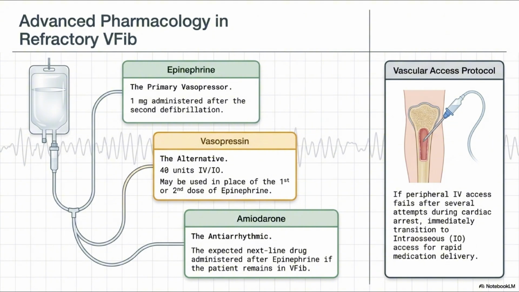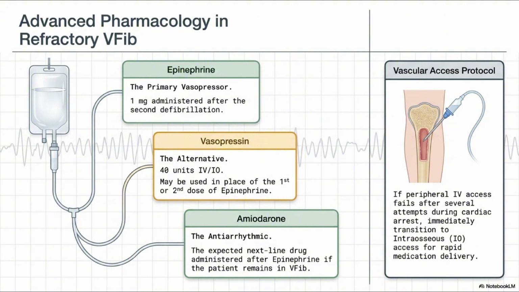But if the adrenaline and the electricity are both failing to terminate the dysrhythmia, we introduce amiodarone. What does that do? It's an antiarrhythmic agent that blocks potassium channels, prolonging phase 3 of the cardiac action potential, and aggressively stabilizing that irritable myocardial tissue. Pushing these meds requires rapid access, though. And if you blow the IV or simply can't get a line established in a hypotensive centrally shunted patient,